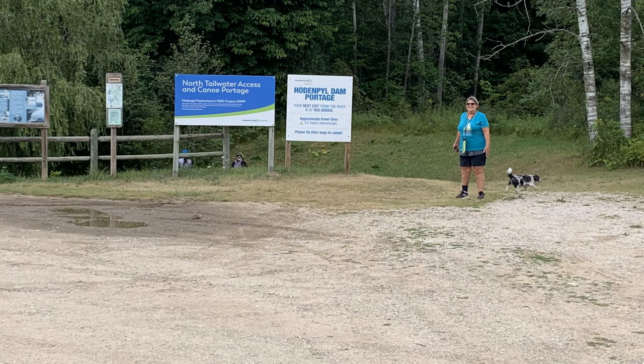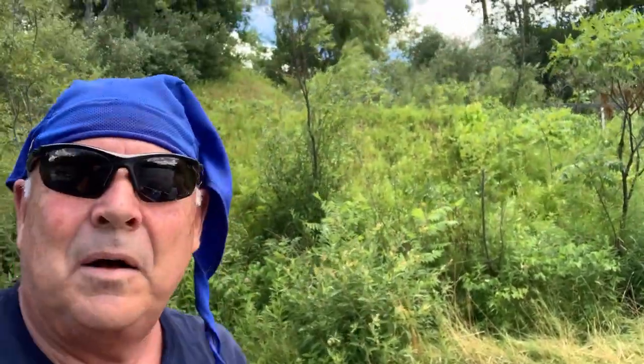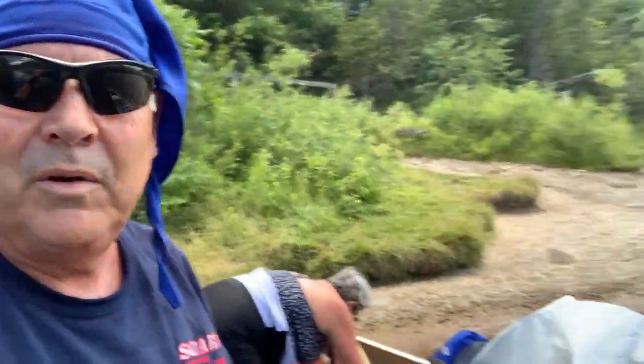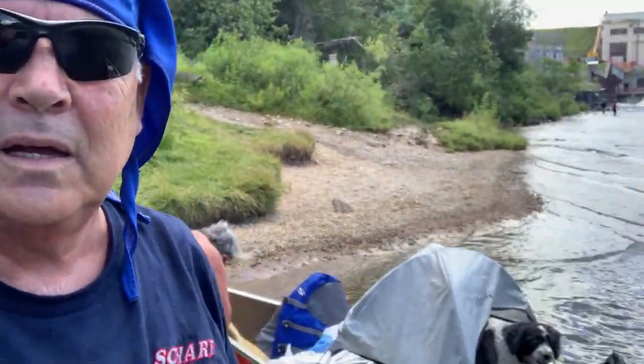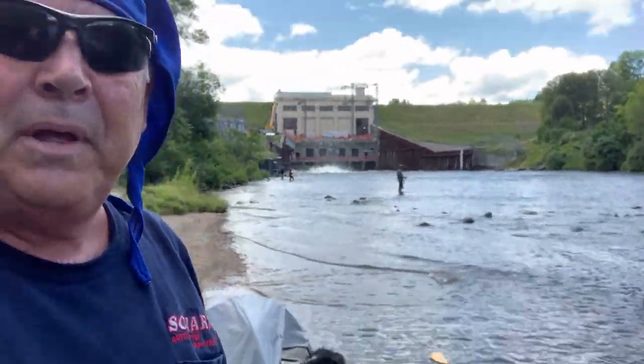The put-in at Hodenpyl Dam is a long, rather steep wooden stairs, but at least it's all downhill. So it's all good. Let's leave it up there. Okay, there. It was a little bit of a workout, but here we are. We are down, all loaded up